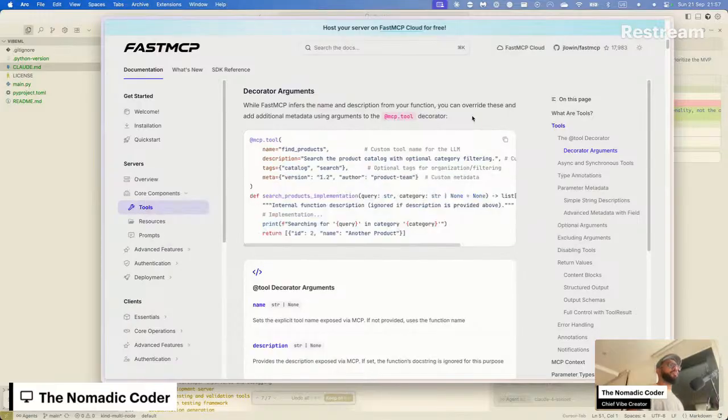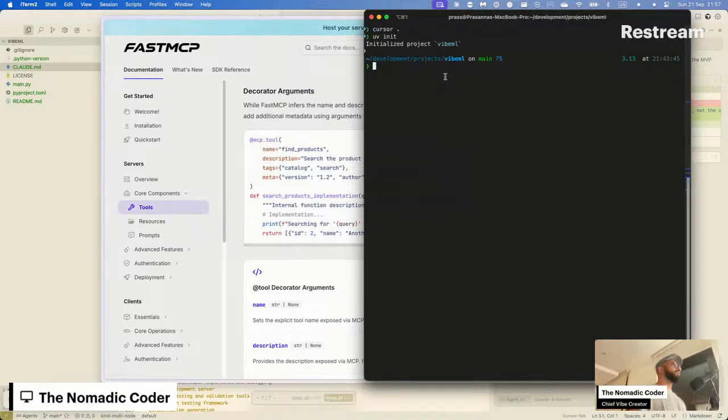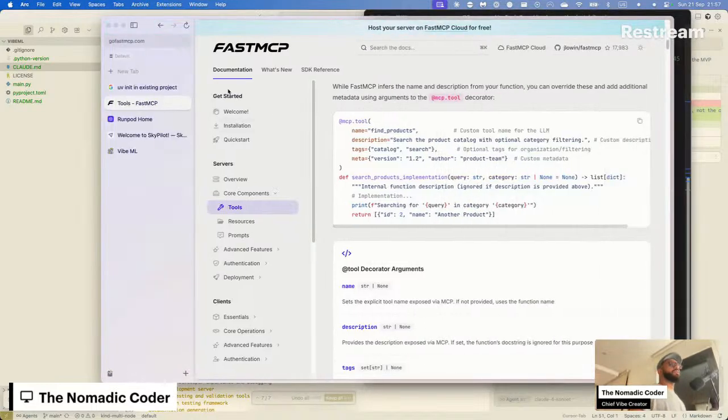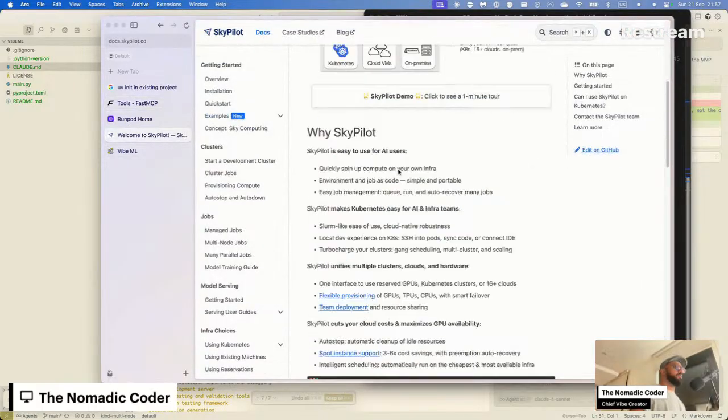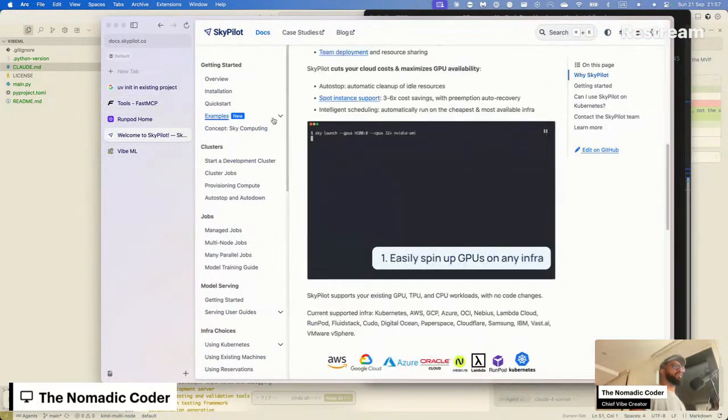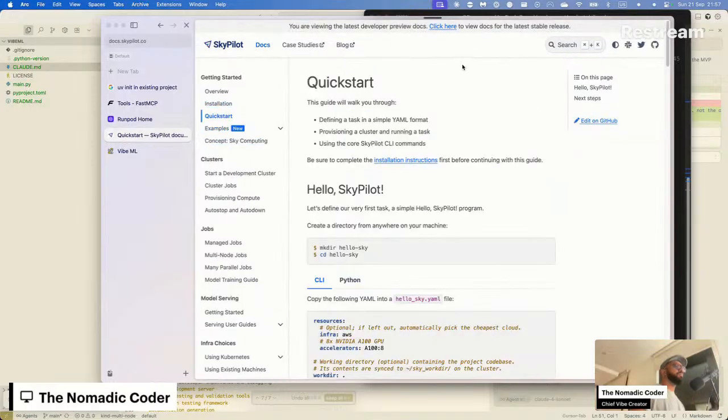Okay, while it's doing that, I've got my RunPod ready. Let me install SkyPilot. Let me install it as a tool. So what does it say? I think it's SkyPilot all, quick start.